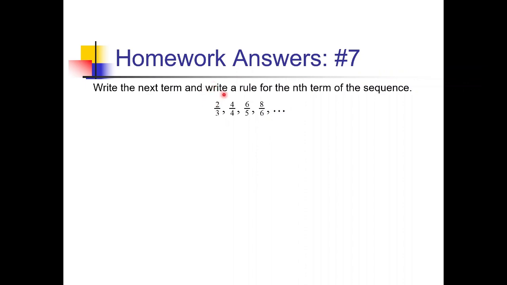We've got 2, 4, 6, 8. Well, these are all multiples of 2. So if I have 2 times 1, 2 times 2, 2 times 3, that'll get me those numerators. Now the denominator, we've got basically just adding 1 each time. So if I had 2 plus 1, 2 plus 2, 2 plus 3, 2 plus 4, that would get me